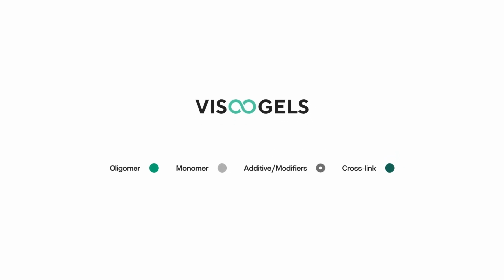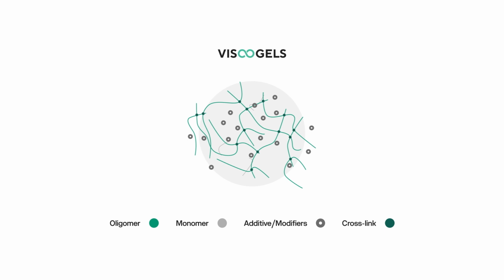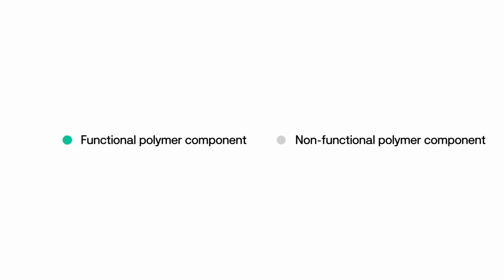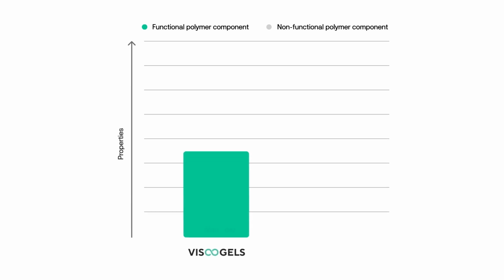Viscogels enable a predominant oligomer composition. Oligomers are what gives materials their strength and elasticity, but they also increase viscosity. That's why traditional resins rely heavily on monomers, which reduce viscosity and dilute the formulation. Viscogels, however, are different. With over 80% oligomer load, they offer properties comparable to molded plastics at viscosities up to